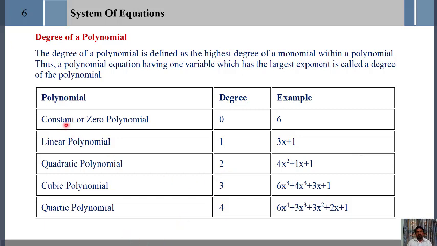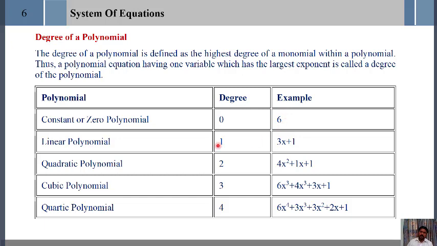For example, a constant or zero polynomial consists of degree 0. For example, 6. 6 is nothing but 6 into some variable to the power 0. I mean 6 into x to the power 0, 6 into t to the power 0. So this is a simple example of